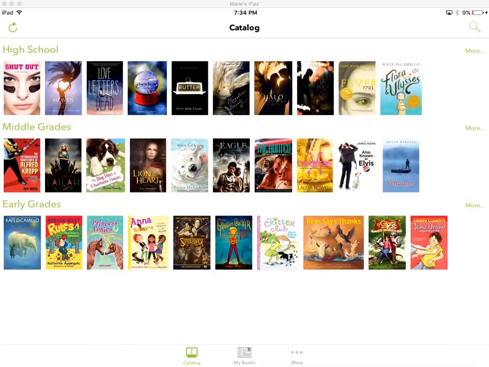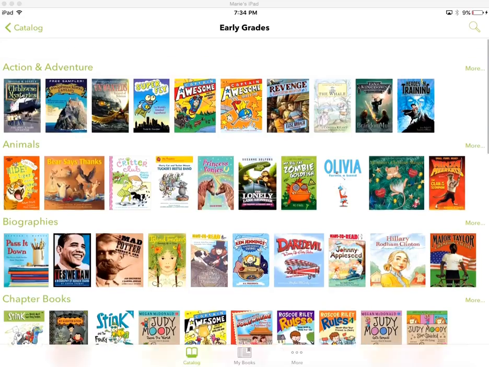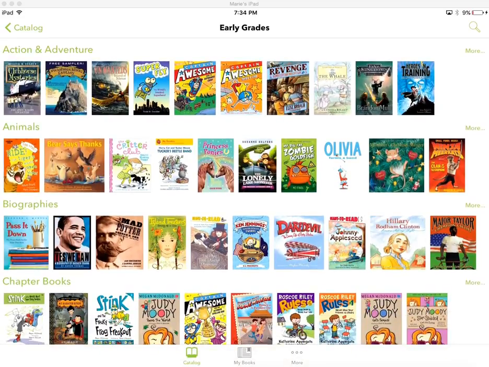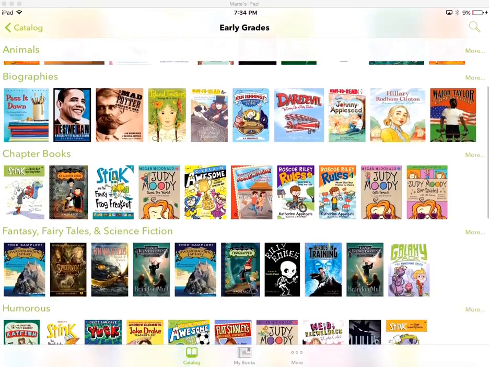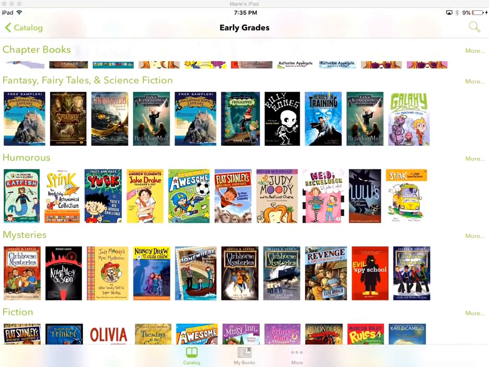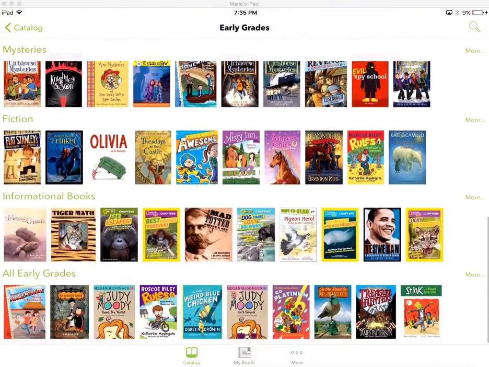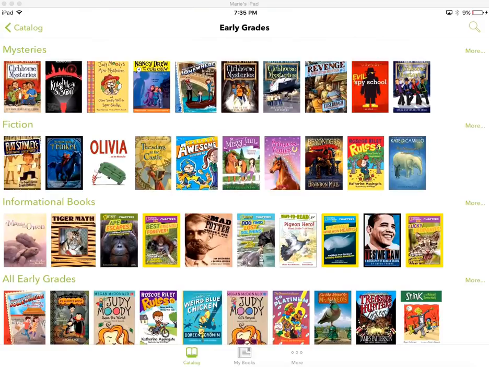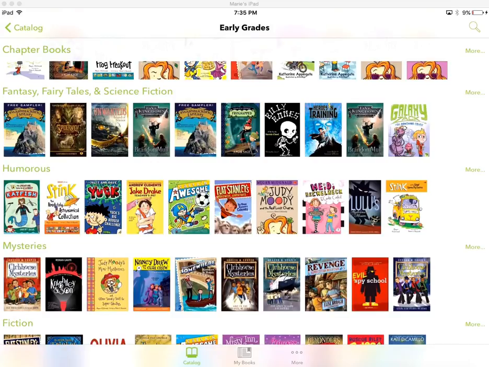So now we'll go to the elementary and take a look at some of the books that we have there. So elementary is set up a little differently. We have action adventure, animals, anything with an animal in it or an animal as the main character is going to be there. Biographies, chapter books, fantasy, fairy tales, and science fiction, humorous, mysteries, fiction, informational, and then all early grades. You'll notice under humorous,